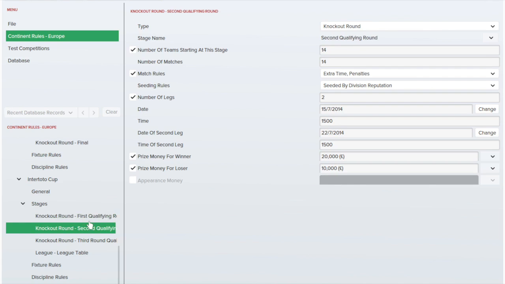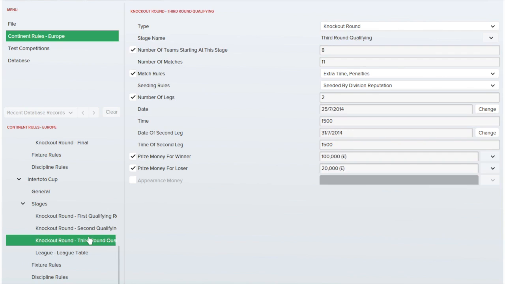As you can see, in the second qualifying round there will be 14 teams starting at this stage, adding up to the 14 that passed from the previous stage, making 28 teams. Then from 28 it will go down to 22 teams, as 8 teams add up to the 14 teams, and then 11 teams will pass. Usually these 11 teams, as I previously stated, would go into the UEFA Cup, but